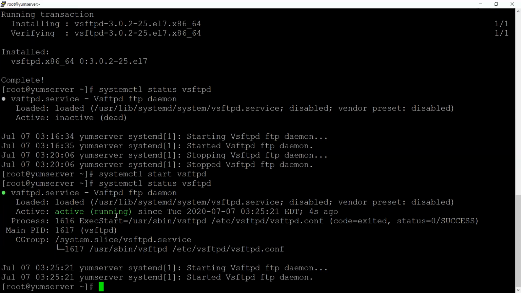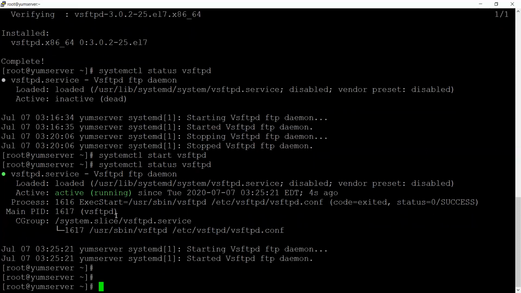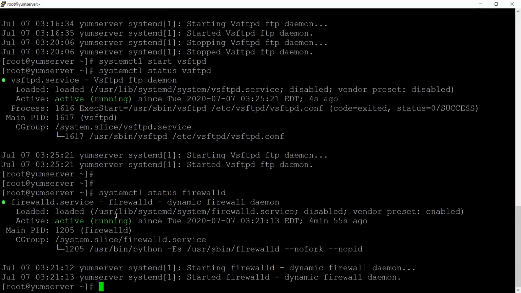For the validation also, we need to check whether the firewall service is running or not. For the command itself, systemctl status firewalld. Firewalld is the related daemon for blocking. Once it is active and running, it won't allow the particular service from the server. Right now the firewall is running.